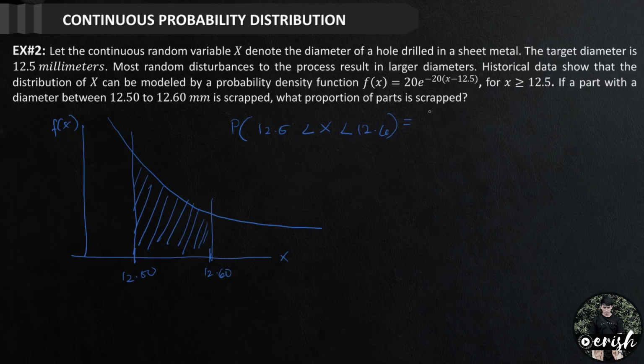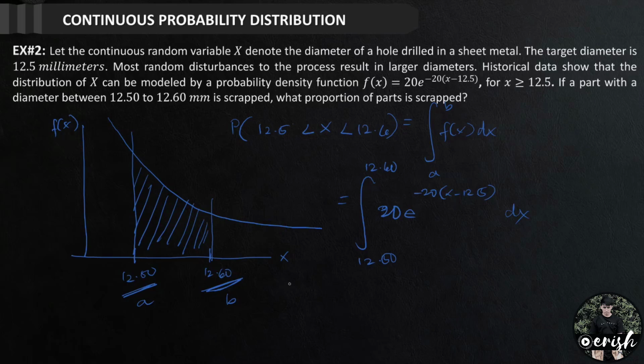And this is equal to the integral of f of x dx from a to b, where ang a natin is the 12.5 and this is the b natin, the second limit. Substituting the values, this is the integral of ang f of x natin is 20 times e raised to negative 20 times (x minus 12.5) from 12.5 to 12.6